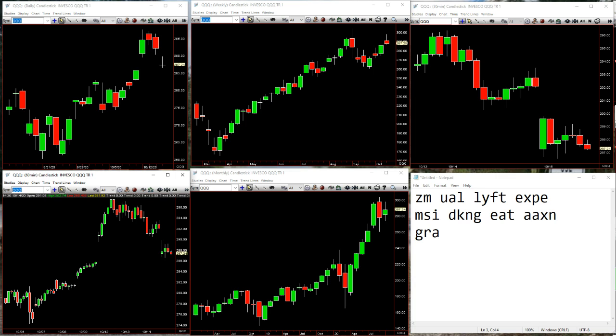Either side of each 60 this afternoon is going to tell us what we want to do. Right now, if we take this out, we're looking for the short side. If we take out the other highs on the 60s, we're looking on the long side. So back and forth we go. Hopefully, like I said, we go back into full time frame continuity on some of this stuff to the downside. Otherwise, we stay in conflict and we might just sit around here.